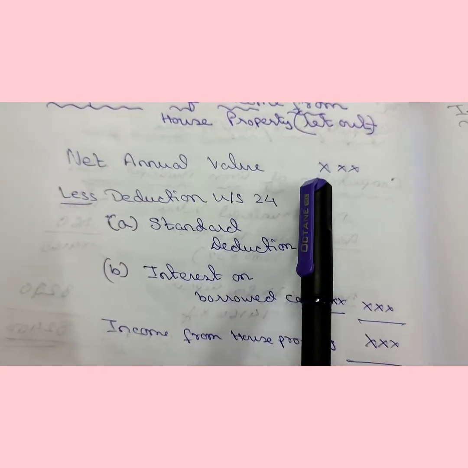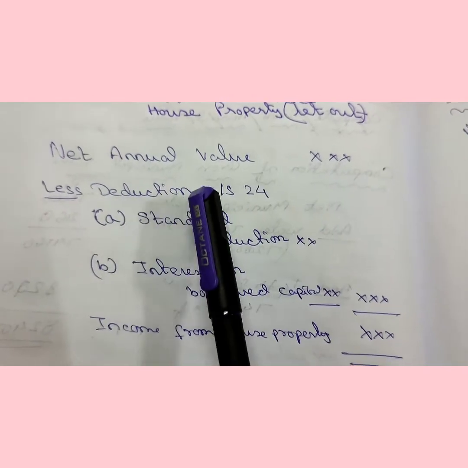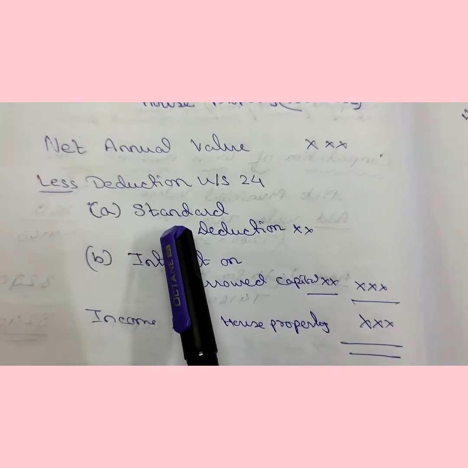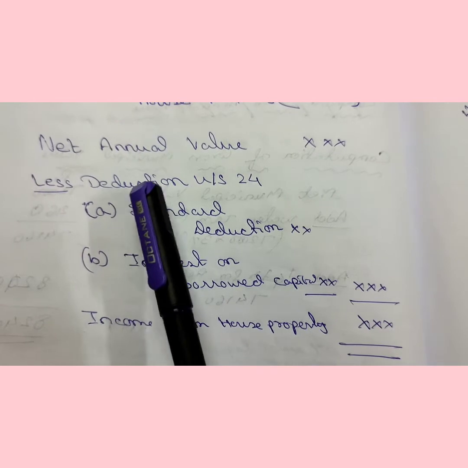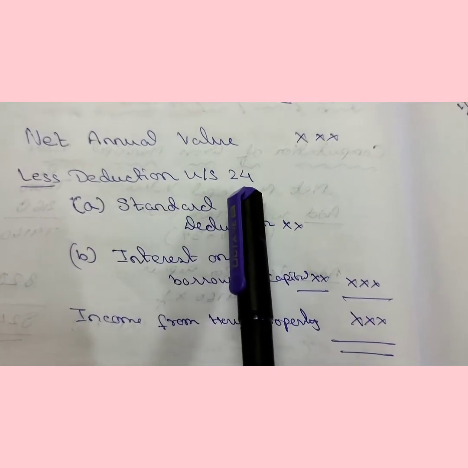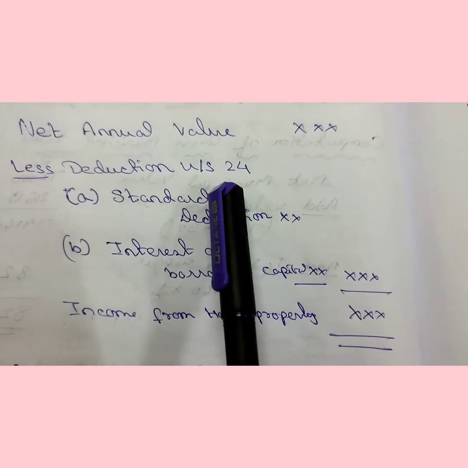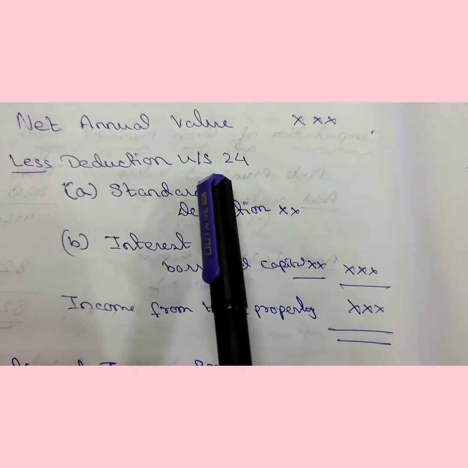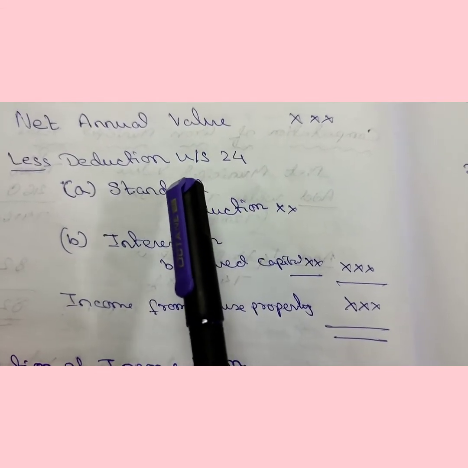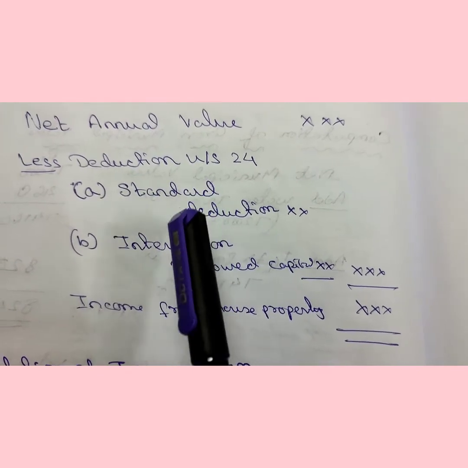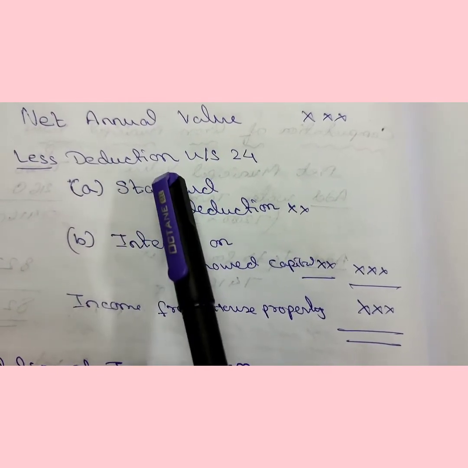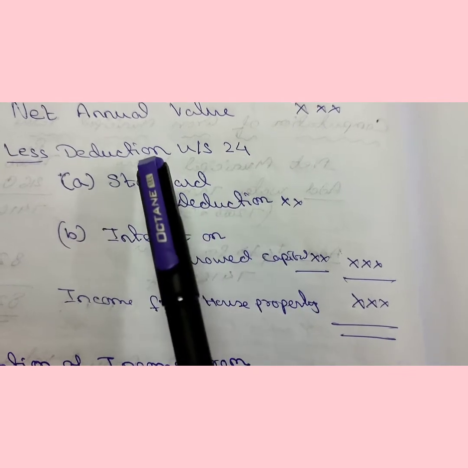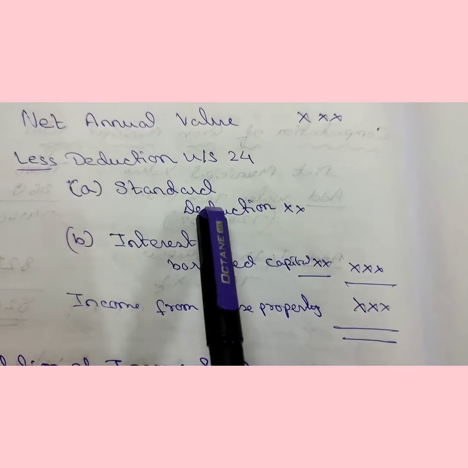So from net annual value there will be 2 types of deduction. This is called deduction under section 24. You have to remember these. What is deduction under section 24? Now there are only 2 deductions. One is standard deduction. বাংলায় আমরা বলছি প্রমিত ছাড়।